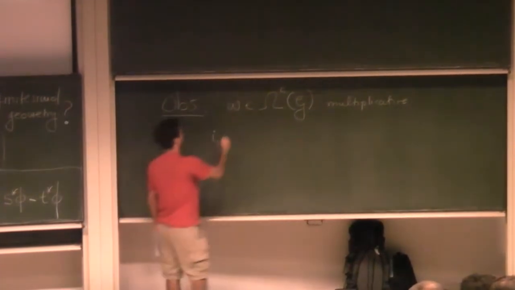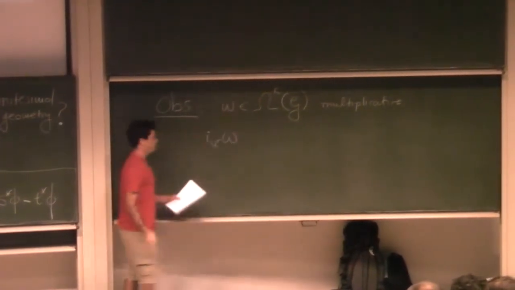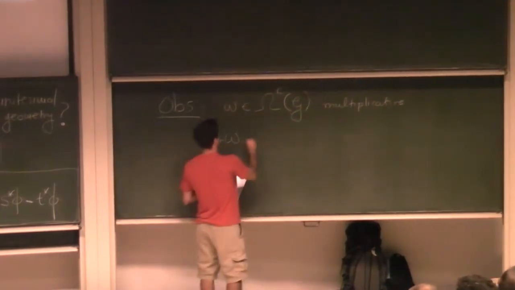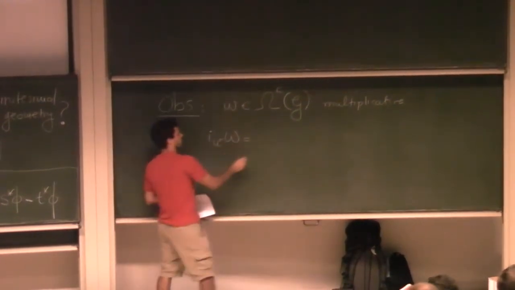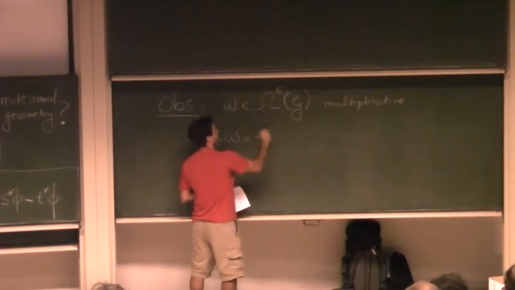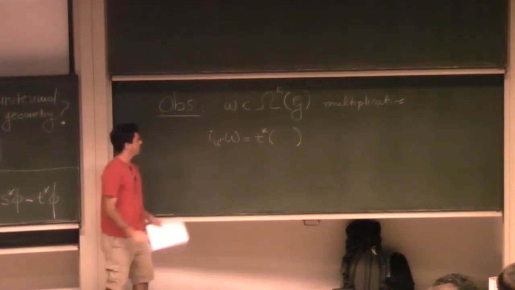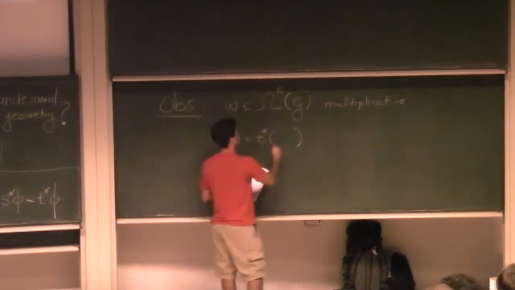So if you contract this form with something that is right invariant, you get something. So now it's a one form, right? But this one form is the pullback of something from the base, right? And this something will be exactly,